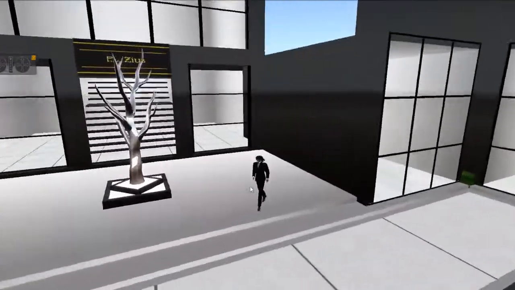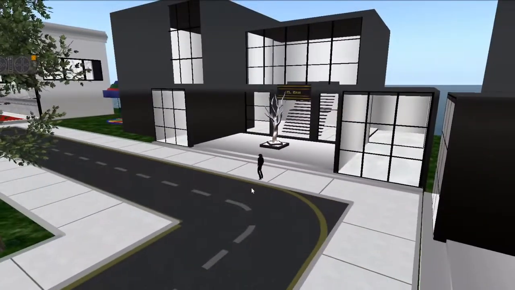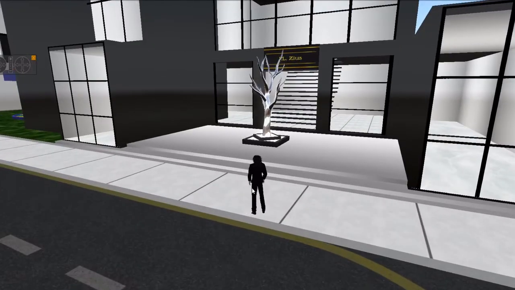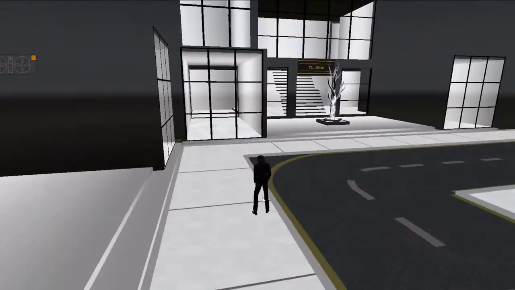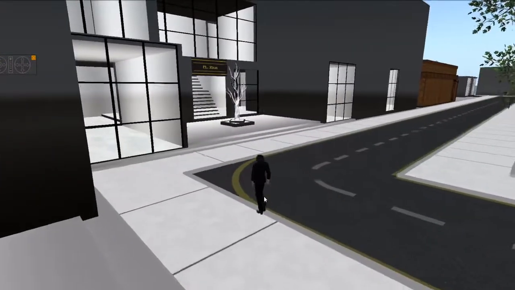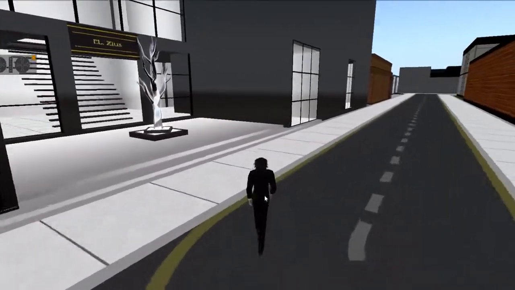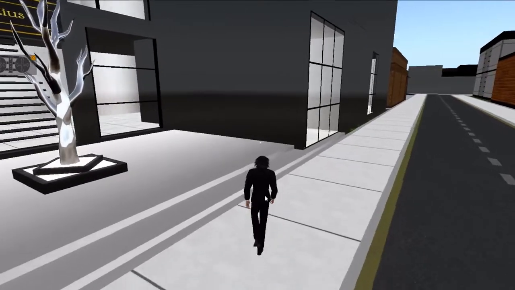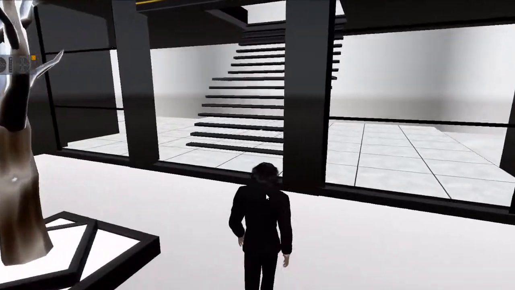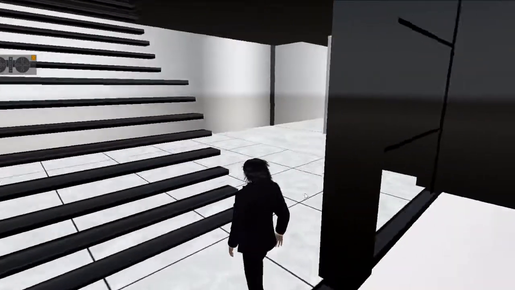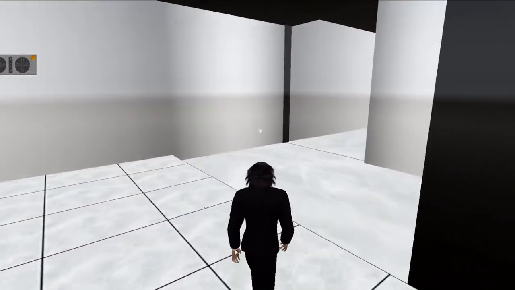This is a very modern store I made. Again, it is simple. There are more extravagant ones out there, but sometimes simple is good. But again, ideas. It's all about ideas. So whatever you have in mind, and once you learn how to use the tools,